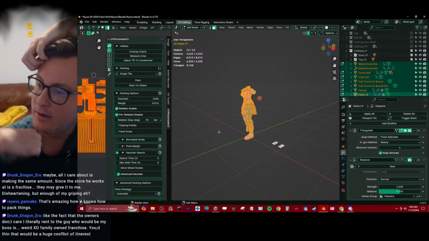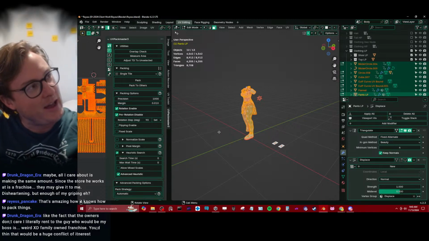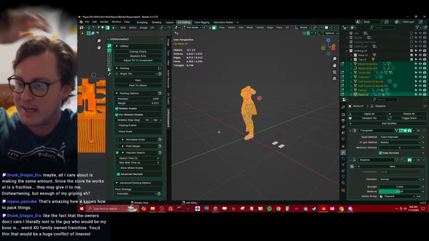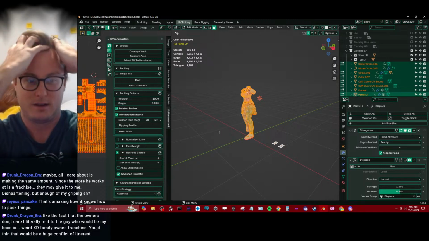It's amazing how it knows how to pack things. It's great. That's one algorithm I would really like to understand more about, is how to create custom